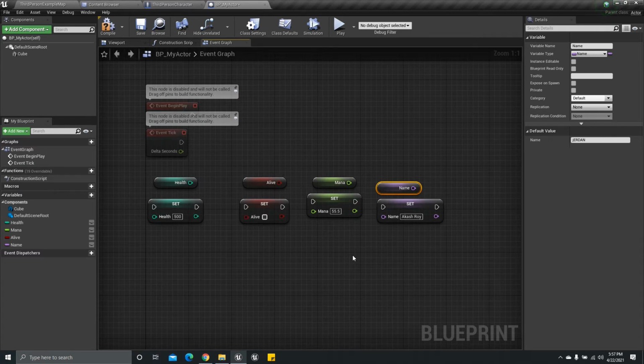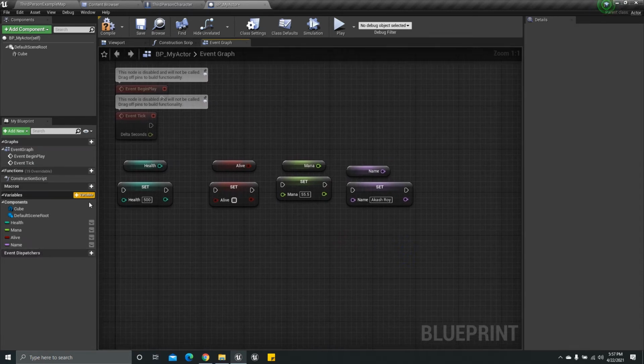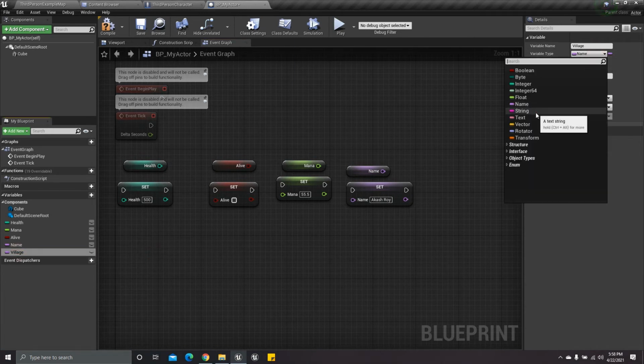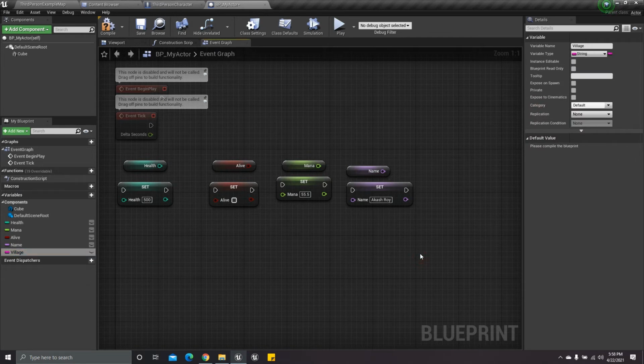Then for this text one, we have two more. One is the string, and for the name, let's call it village. So we have this string. String is a collection of alphabets.